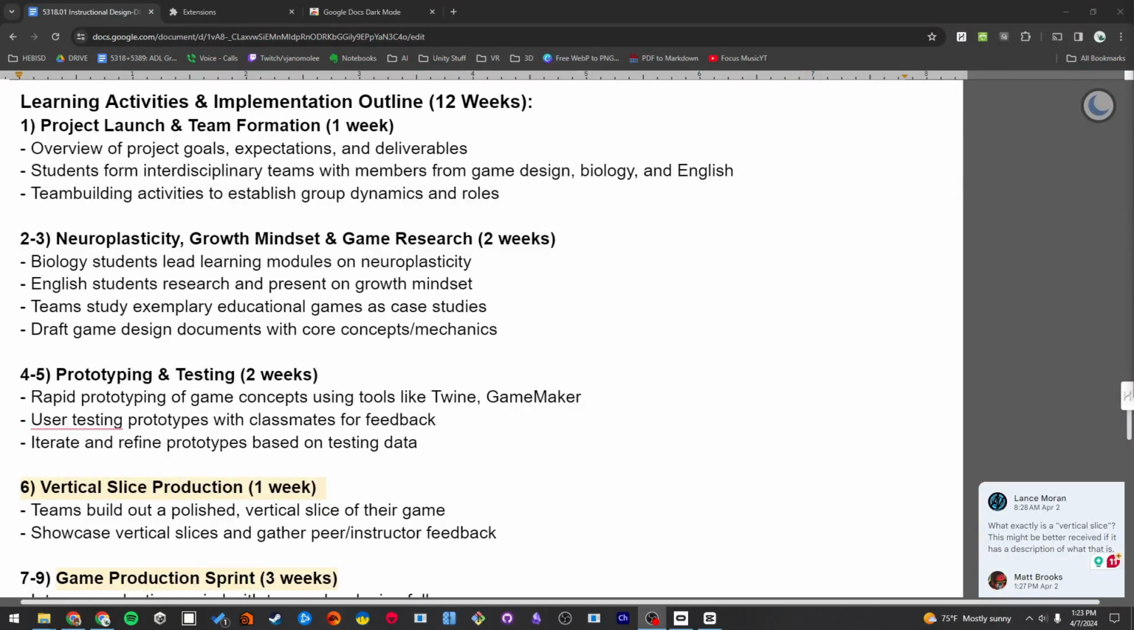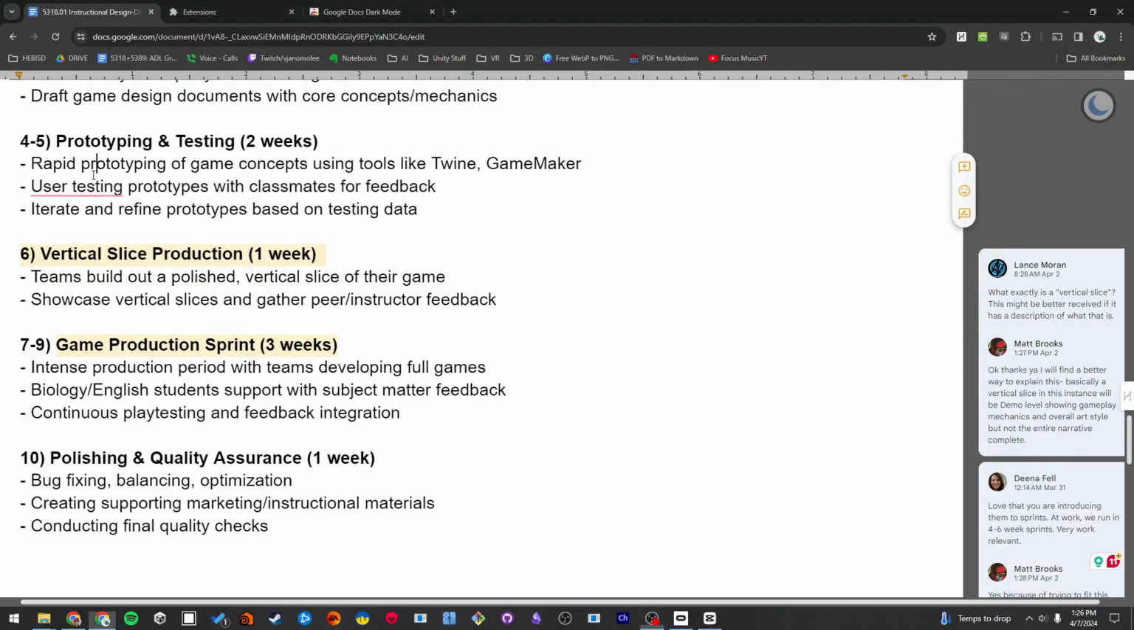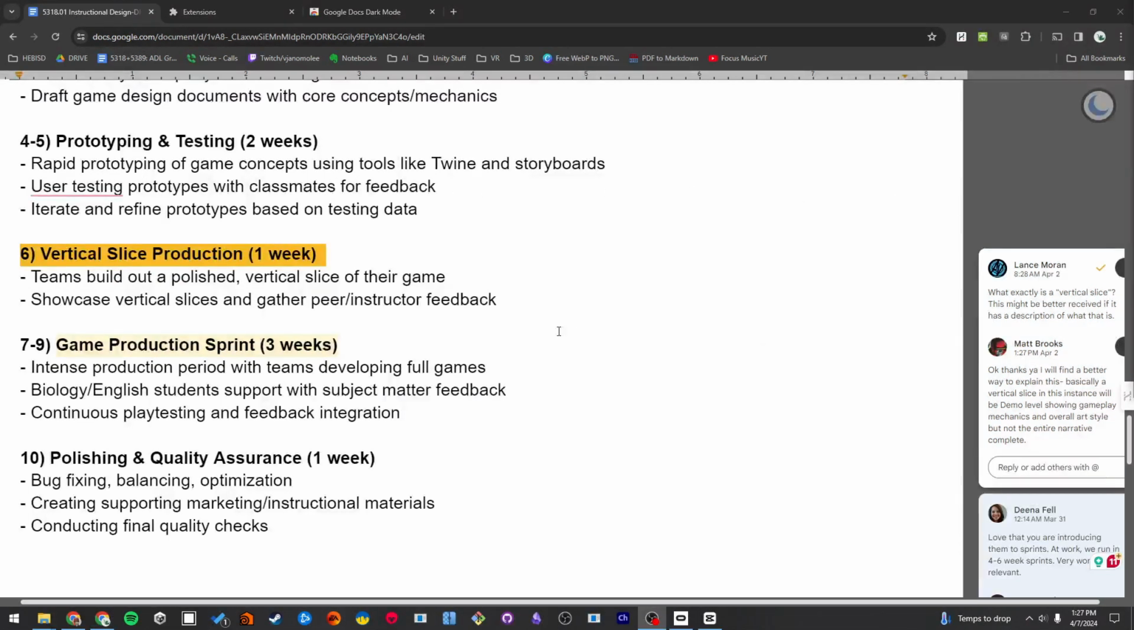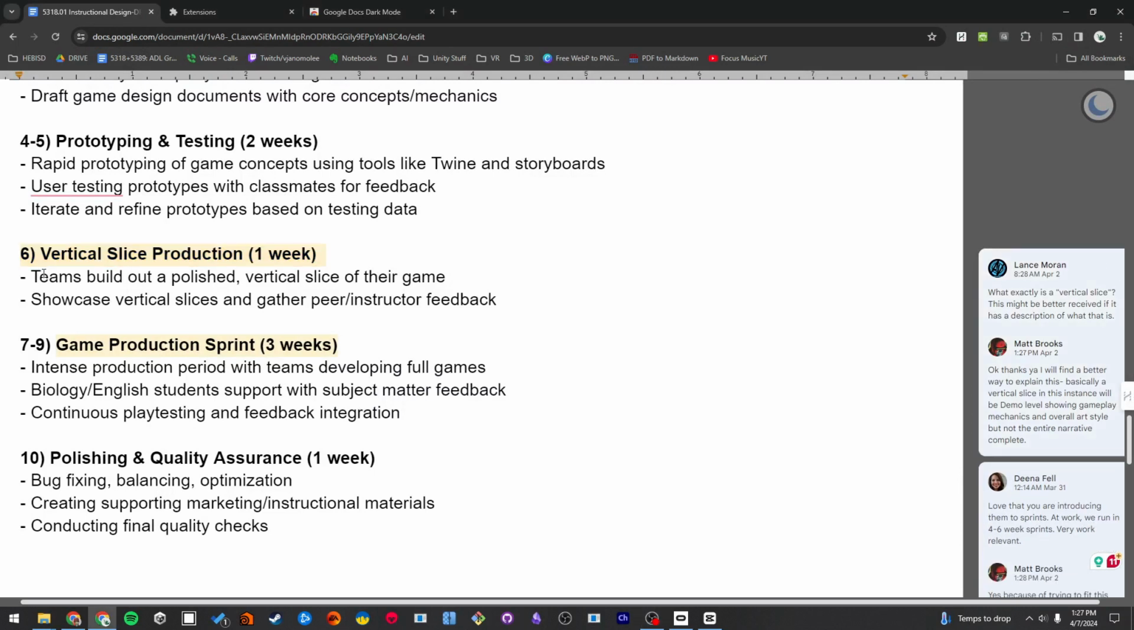Now for a quick breakdown of the timeline. In the first week, students will form their interdisciplinary groups. In weeks 2 and 3, students will research neuroplasticity and growth mindset, as well as draft their design document for their core concepts and mechanics for their game. In weeks 4 and 5, users will begin testing out their prototypes with their classmates for feedback, while continuing to iterate and refine. In week 6, teams will be responsible for building out a